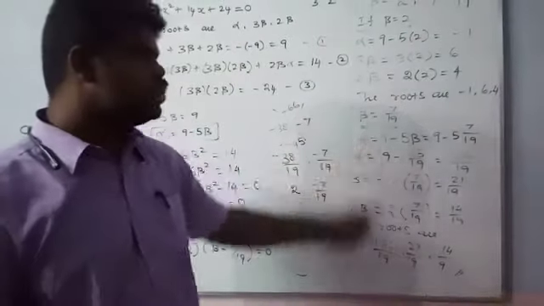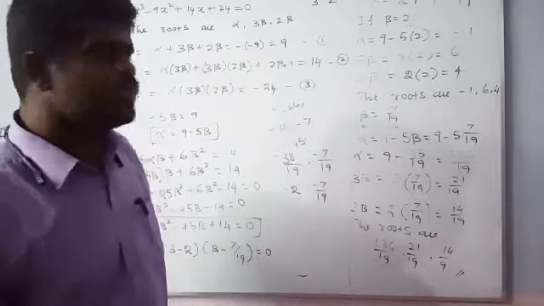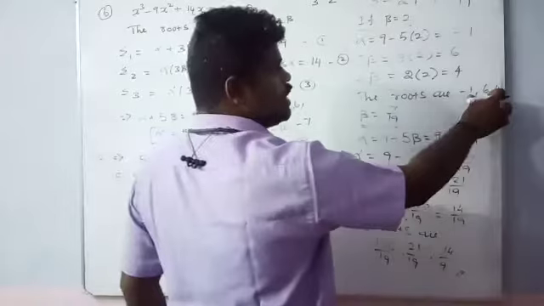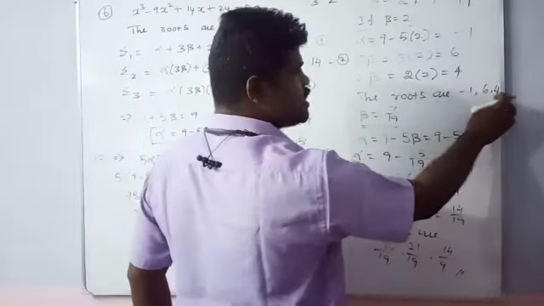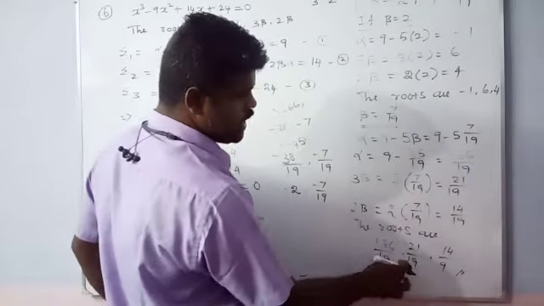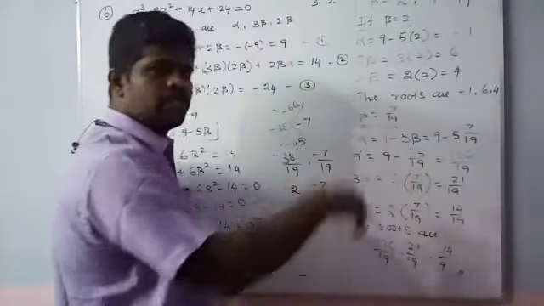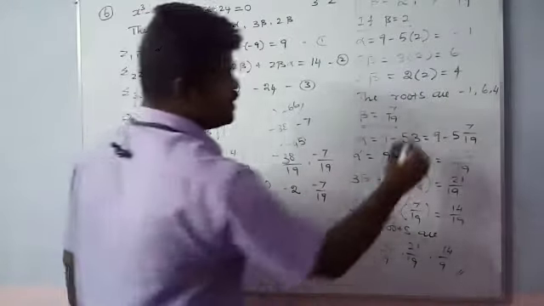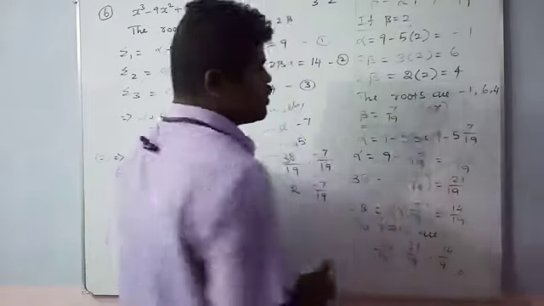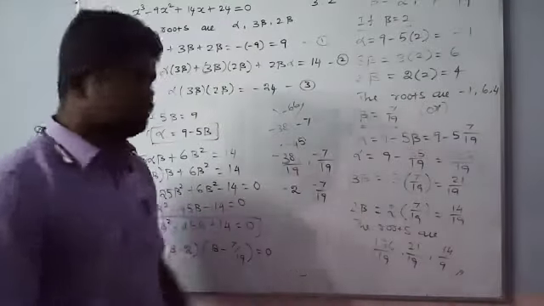So these are the two sets of roots, not 6 roots. The two sets of values can be used either or. One set is minus 1, 6, 4, and another set of values is 136 by 19, 21 by 19, and 14 by 19. Both are two sets of values. Okay, write R, because it is either or. Suppose we can use this root or that root. Okay, right. Refer the sum.